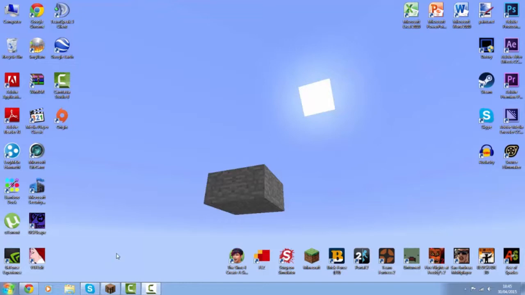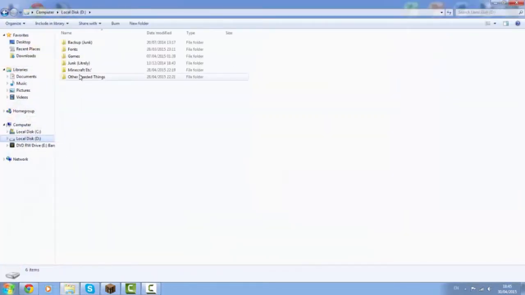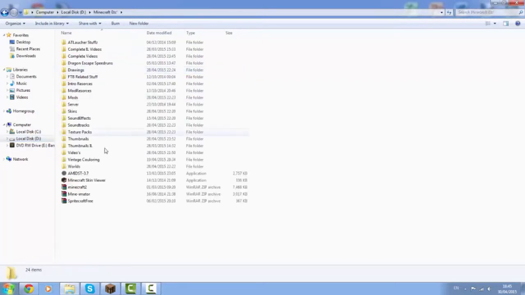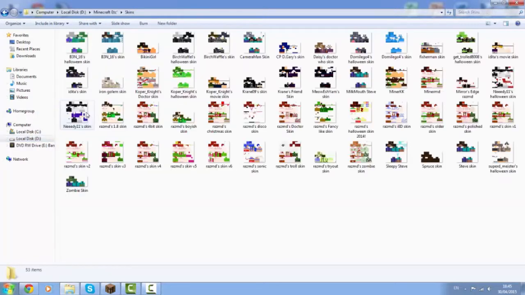So the first thing you're gonna do is very basic, okay? We are gonna find the skin we want to turn into 4-bit pixels. So I'm gonna open this up and look at the things that I have, Minecraft, and then I'm gonna go into skins. Now it's probably not gonna be like that on your computer because I believe most of our skins are different. And now I need to choose a skin. Now to make it more nowish, I'm gonna choose a skin which is a 1.8 format one.